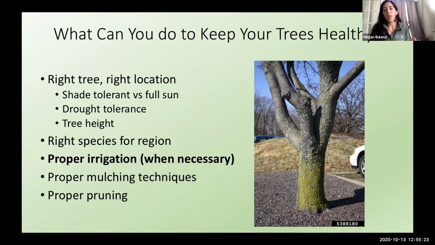It's a sign that that irrigation isn't going where it needs to. That tree isn't absorbing water through the bark. That irrigation needs to be hitting around the root zone of that tree and be absorbed into the soil to be effective. So, making sure that irrigation is effective, that it's going where you want it to,